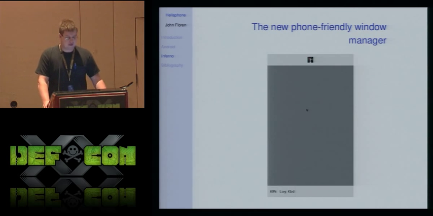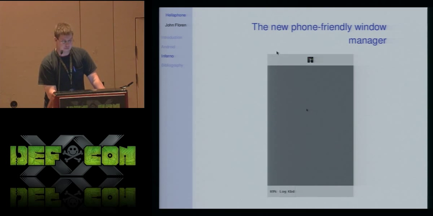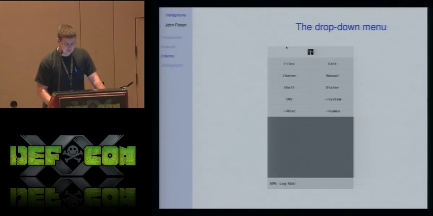So we hacked on it a bit and came up with something that's a lot more phone friendly. We moved basically the start button up to the top, made it a nice big bar for you to hit. We left the taskbar down here at the bottom, but we added a battery indicator. Unlike Android, where you can run a bunch of programs at once but it's kind of hard to tell what's still running, we explicitly allow you to manage your windows by hand because they'll just show up down here at the bottom. When you click the thing at the top, you get this much more friendly drop-down menu.